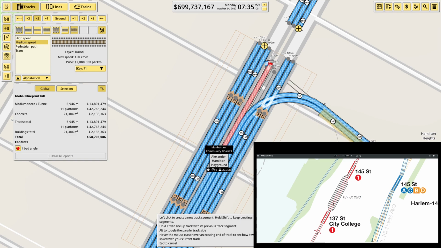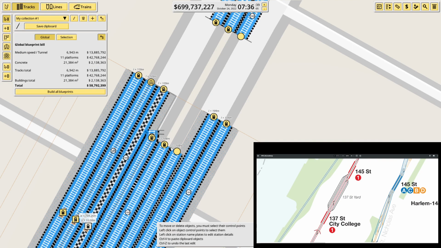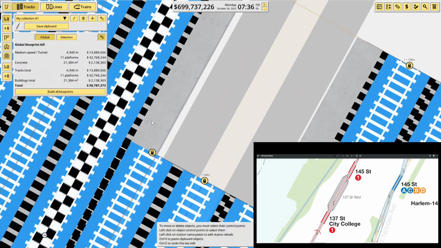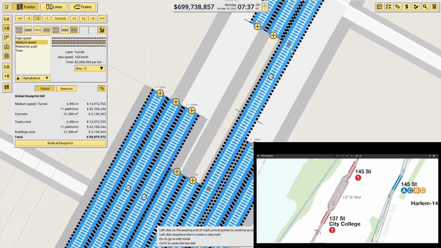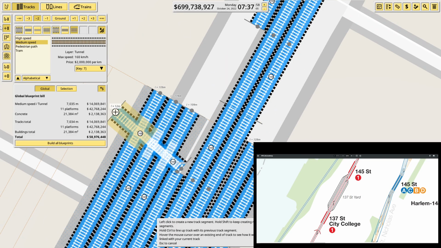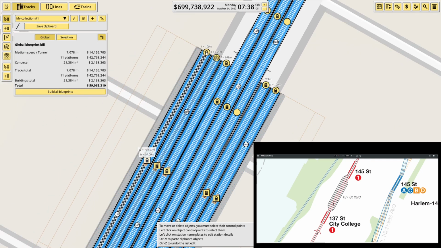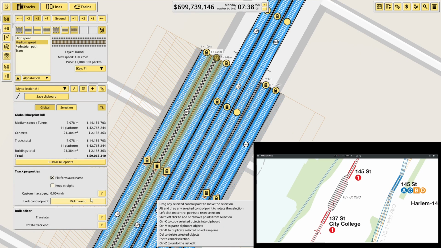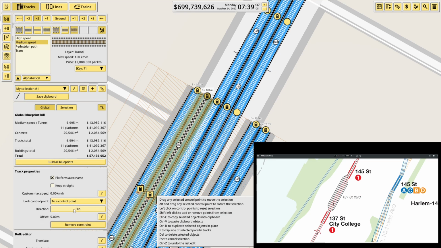But if I do... gotta get rid of that. It's very annoying how Nimby Rails just adds in tracks sometimes. I say that like it happens on a random basis. No, it is... There's fixed times when it happens, but...